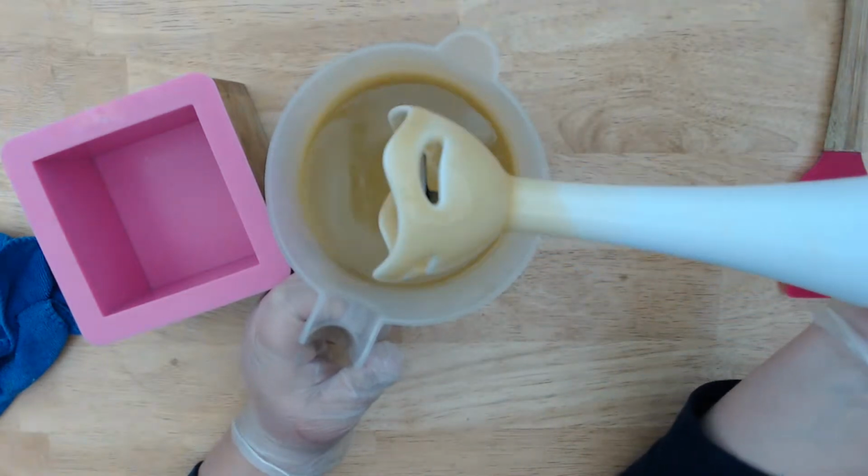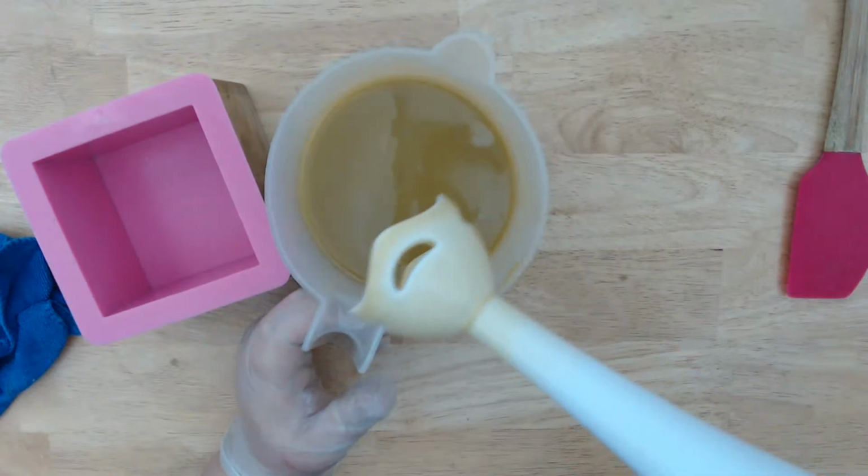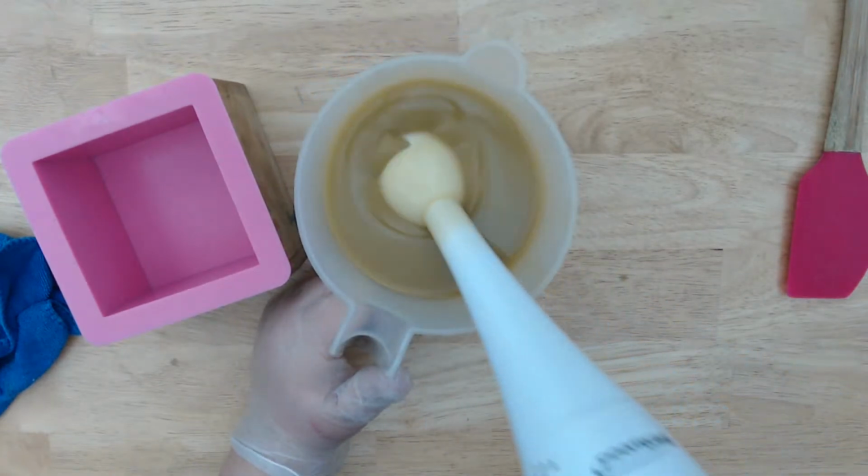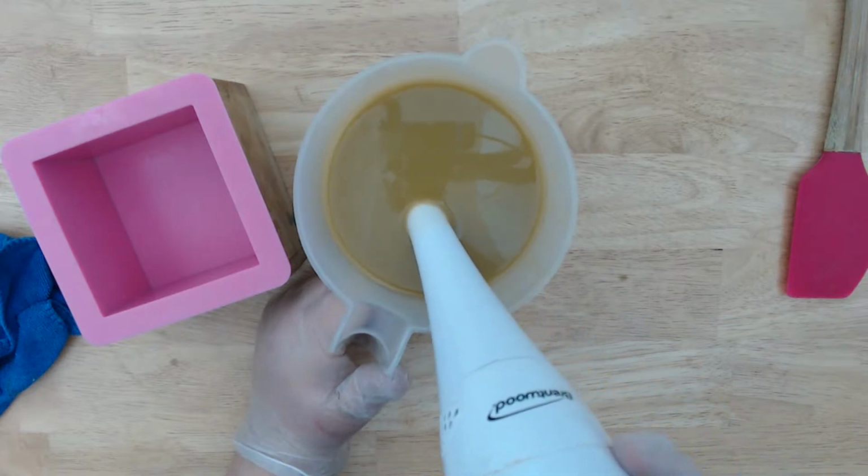And I just want to get this thick enough to where when I pour it in, I know it's not going to separate. Probably, I mean, it's probably already there, but you had fish for dinner,